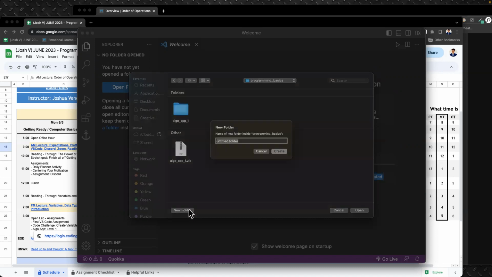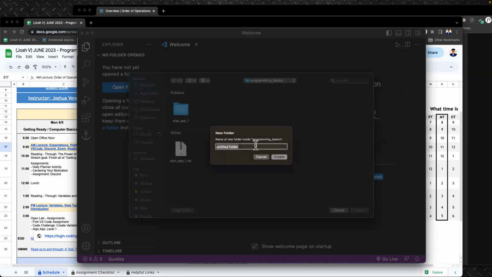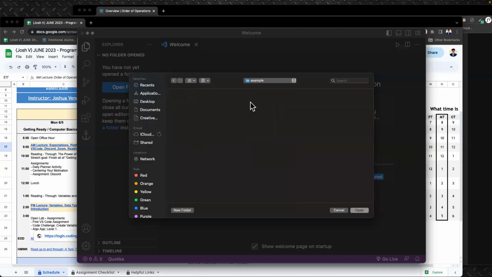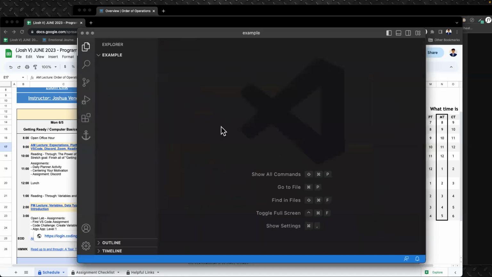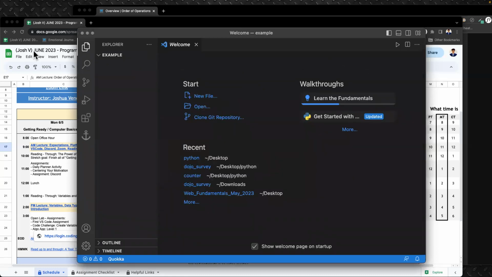So I'll say new folder, and I will title it. I'll just call it example, because that's what I'm just showing you guys an example here. So now that I've created it, it's gone inside and I can open it from here. I know that I'm in the example folder because it says that at the top here. If I click open, there's nothing in the folder because I've just created it. So if I open it from here, now you can see here,